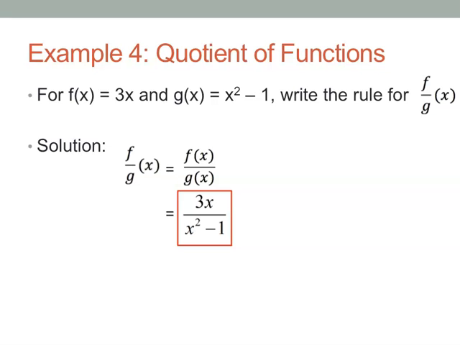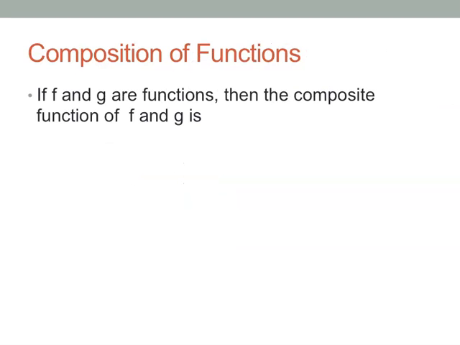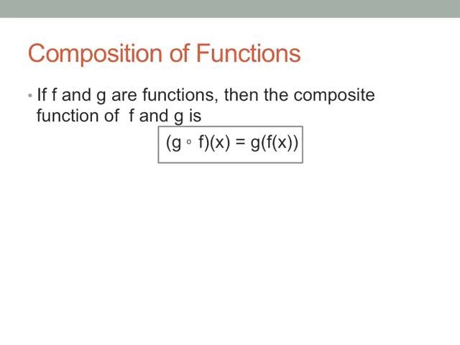All right, the next type of operations on functions that we're going to go over is what we call composition of functions. So say you have two functions f and g, then the composite function of f and g is going to be this. So we use this little circle here to denote composition, and what it means is that you are